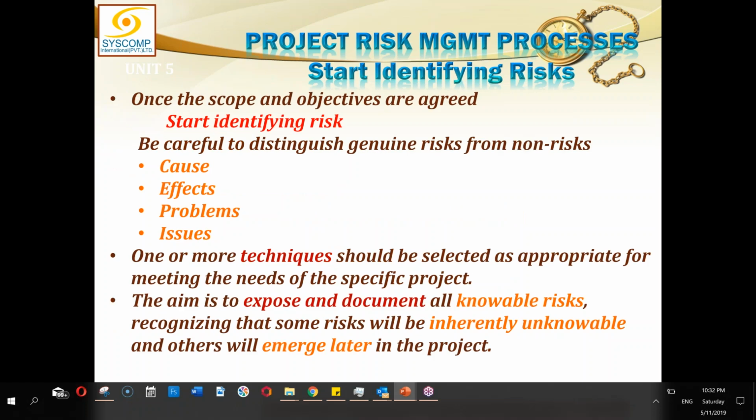Once the scope and objectives are agreed, that is the time when we start identifying the risk. So the first step we just carried out was the development of a thorough risk management plan. It is not only for the identification of the risk. This is, as it was mentioned there, how we are going to establish the